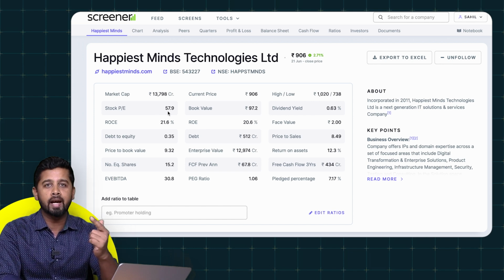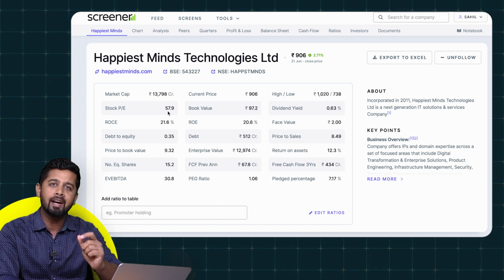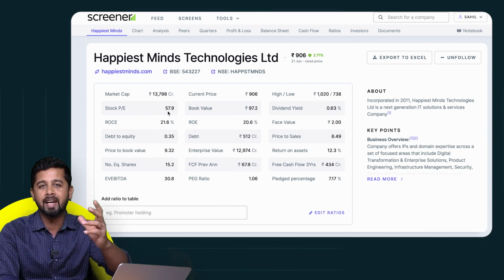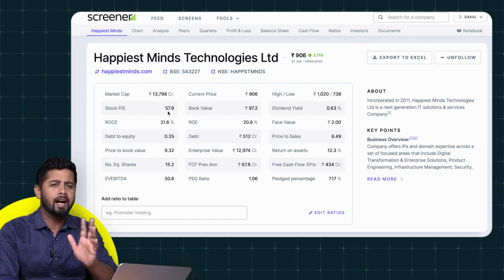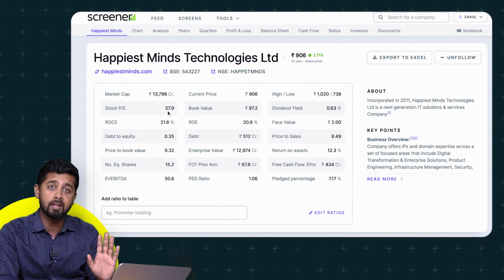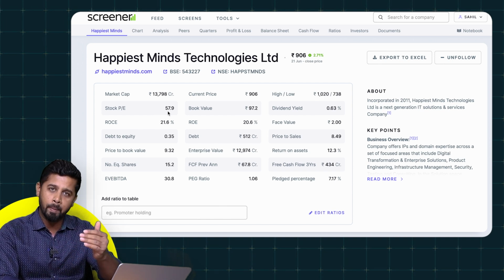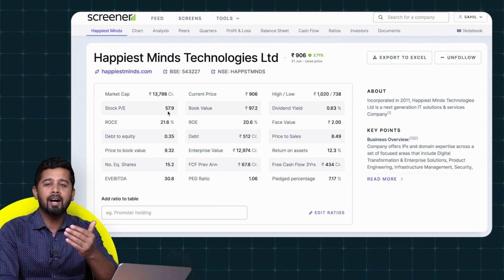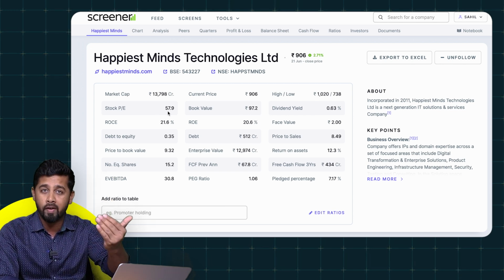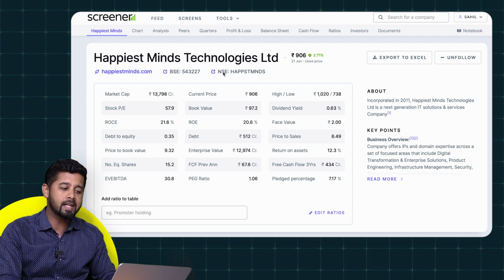Like I said, you can also look at the median PE to have an idea of whether it is fairly valued. So if a company is trading near its median, you can say it is fairly valued. Again, it's not a short method, but it's a decent way to look. If the PE is below its median PE, you can say it is slightly undervalued. If the PE is above its median PE of the last 3 to 5 years, you can say it is